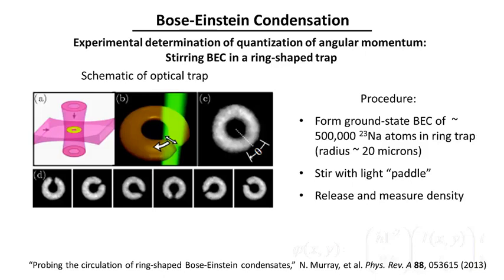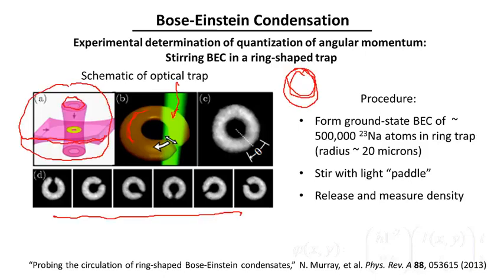And then another beam is introduced that is sort of like a paddle. It's a light sheet that cuts through the torus, just like you might cut through a donut with a knife. And then that paddle can be rotated around to stir the condensate up. And so you see images here in this lower frame of how the cloud of atoms is moved by the action of this paddle. So the general characteristics of this experiment is that about 500,000 sodium atoms